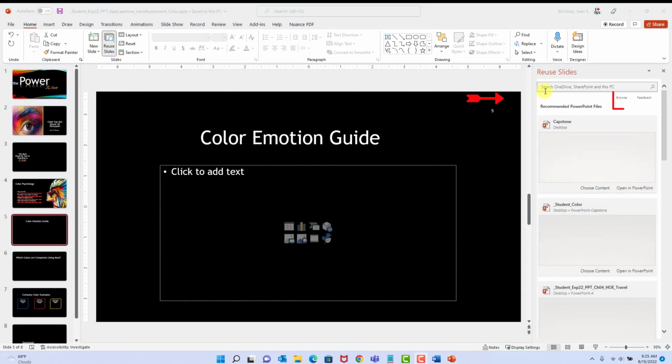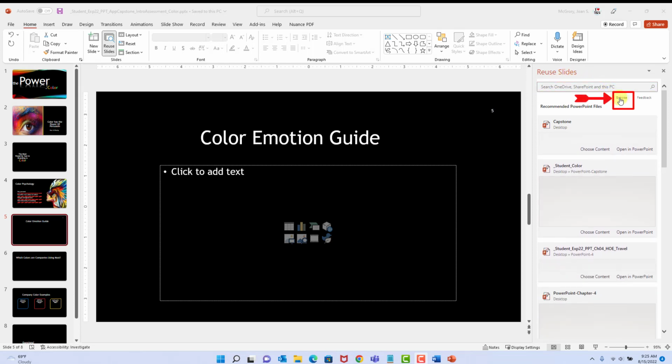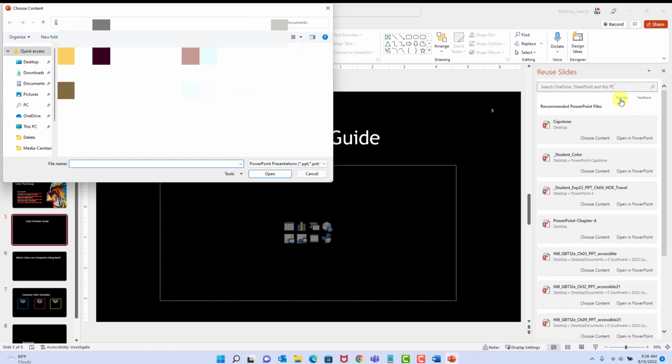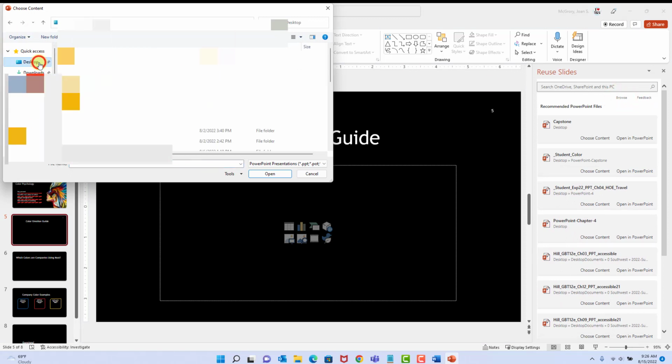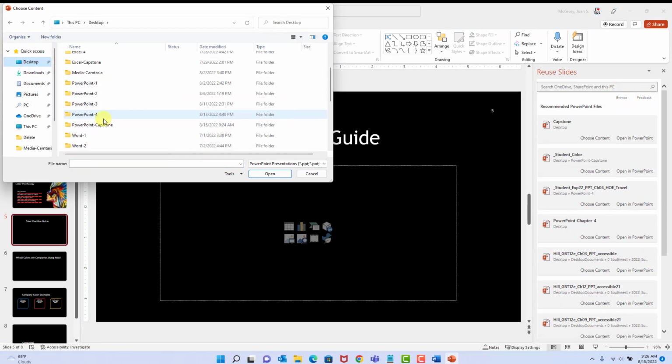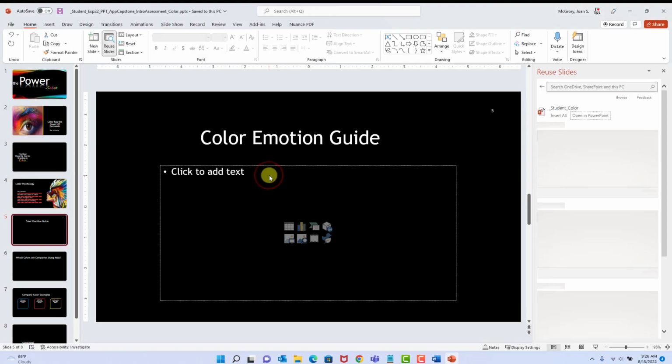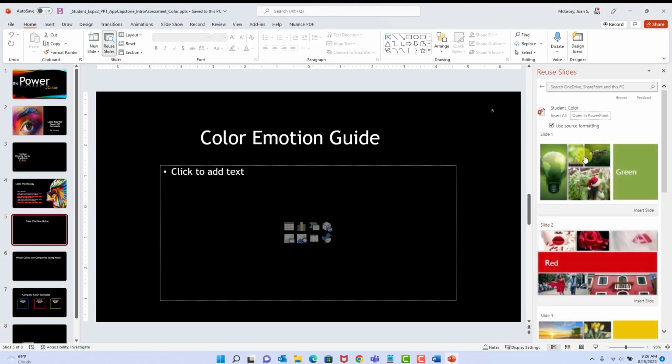And what I want to do is in my Reuse Slides panel, browse, and make sure you navigate to the location where you've saved your files. Find the color PowerPoint. Again, it begins with your last name, and let's open that. Now, when I look at these beautiful slides that are now in my Reuse Slides panel, see how it's really